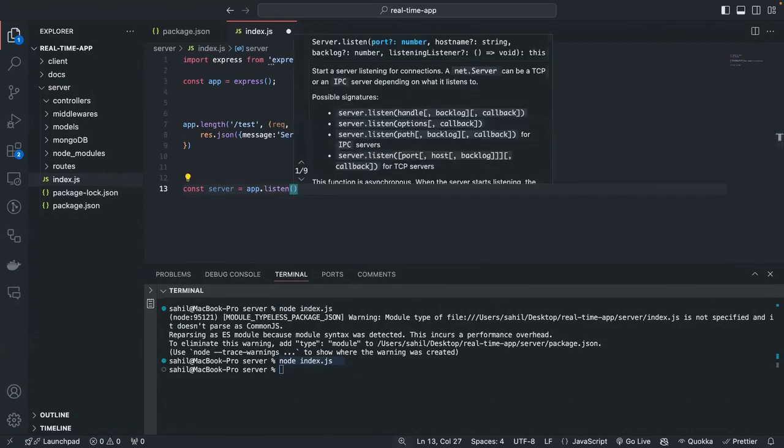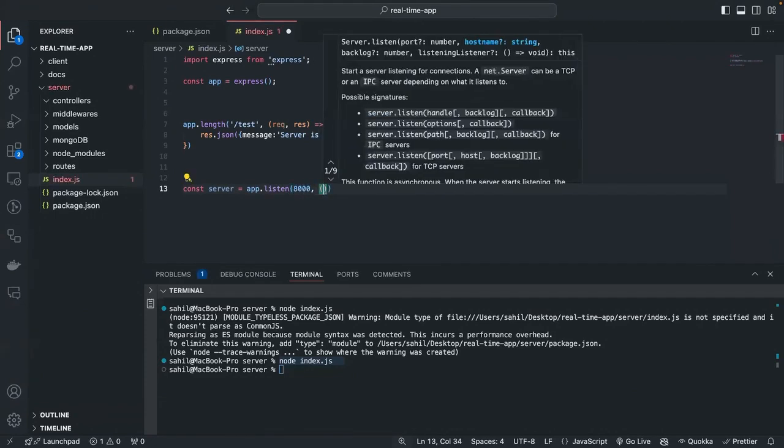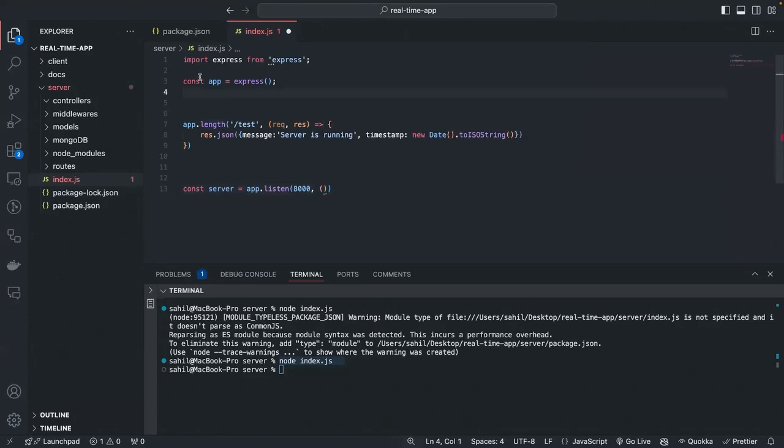Okay. So port can be, we can put it directly here for now. Or we can put in the env, or environment variable. So we can say app.listen to, let's say, 8000 port, and maybe for now let's use a variable,